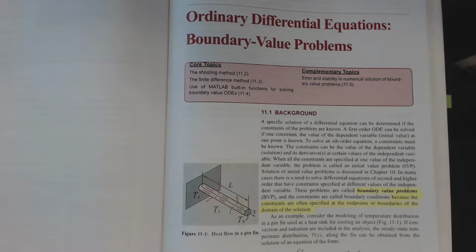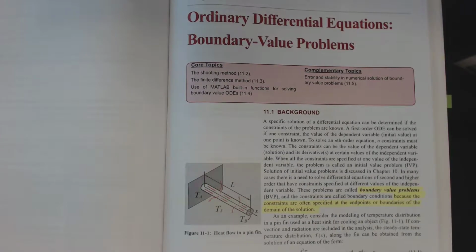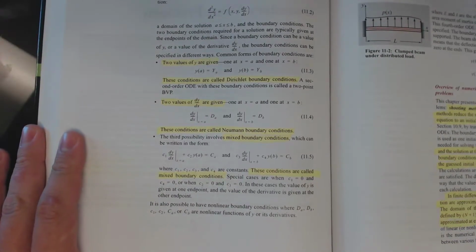Everything we talked about in Chapter 10 were initial value differential equations, where you had all of the initial states necessary to define the origination of the problem and project it out into time or space or whatever dimension of interest you had. I guess time and space are typically both associated with an engineering differential equation. Chapter 11 deals with boundary value problems where you may not necessarily know every initial condition needed to predict the